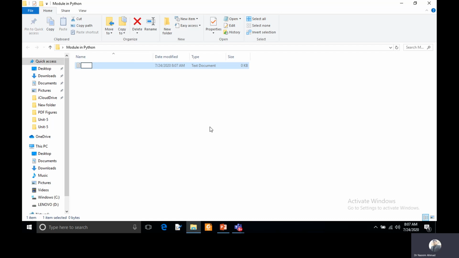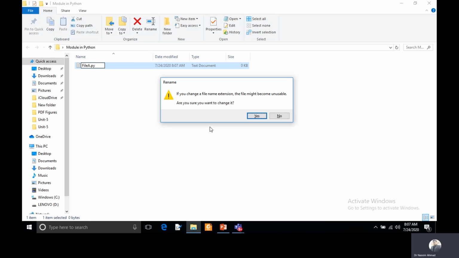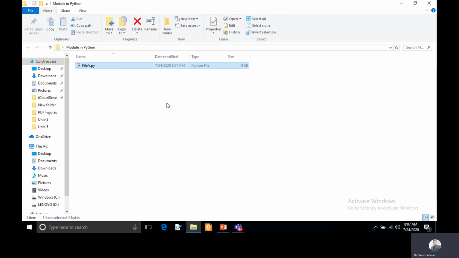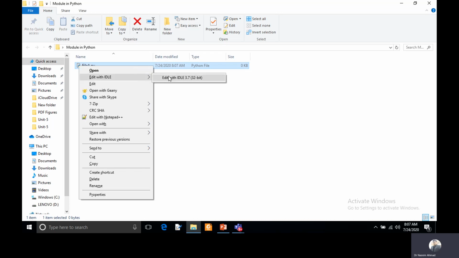So I'm creating an arithmetic file, file A I'm using here, with .py, my module. And I'm opening this file.